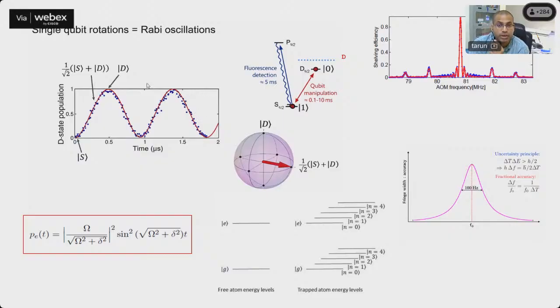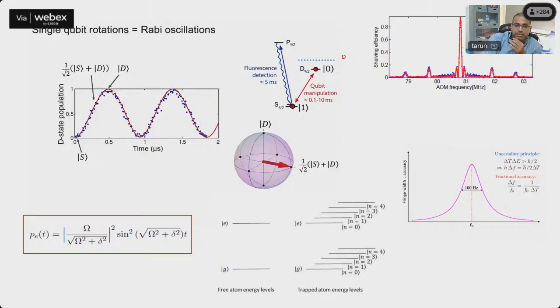Rabi oscillation. Rabi oscillation is very important for a system because it tells us the pi time. If you want to construct quantum gates, they are based on this kind of Rabi oscillation. Now, you see,